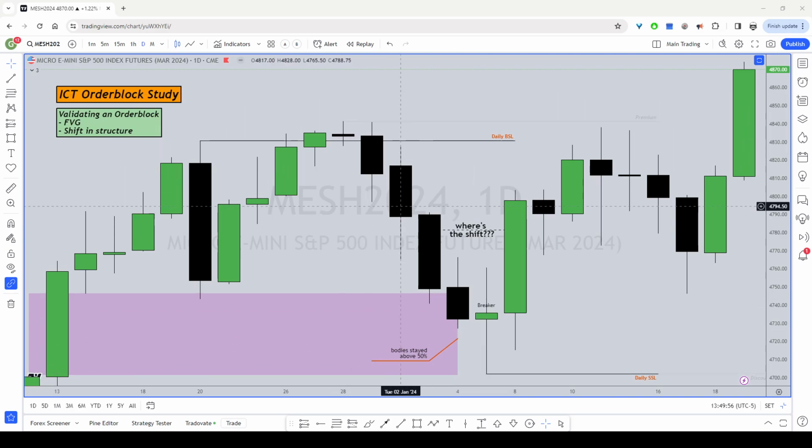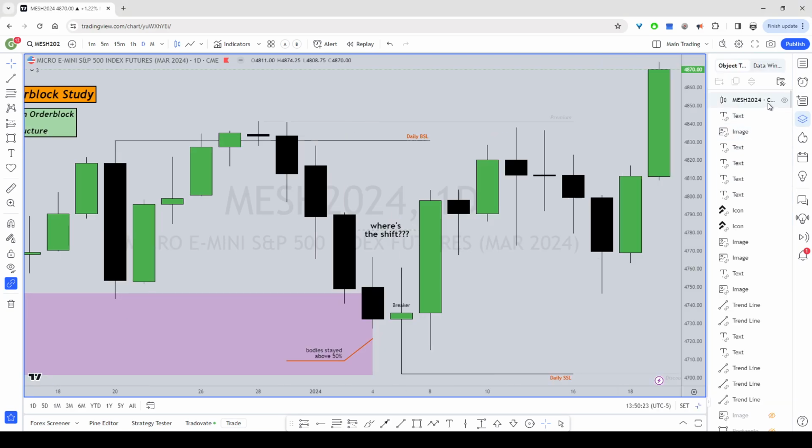So price runs down, fills in this fair value gap almost completely. And in this market structure move, we have a run below an internal sell side liquidity. Price then reacts off of that fair value gap on the daily and makes some movement here. Now normally, studying order blocks, I like to see order blocks validated by both a fair value gap and a shift in market structure. So we do have